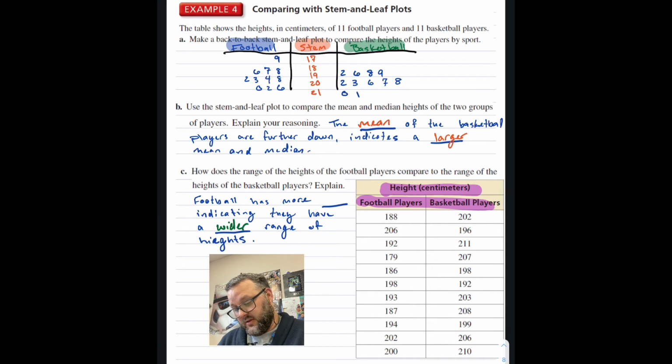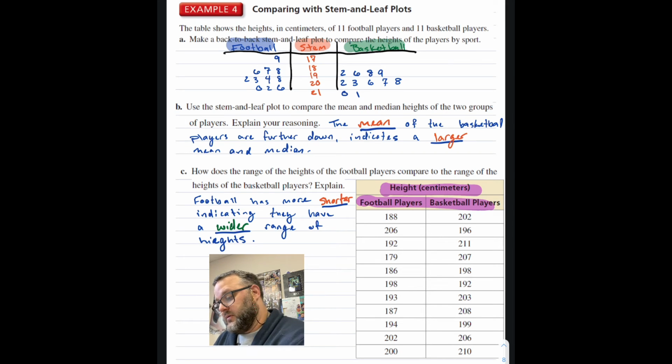I'm just not thinking of the word that I used because fitting it in the sentence doesn't make sense. I'd have to say more. So football has really shorter is the word that comes to mind. If I'm trying to come up with just one word, has more small, has more, I see, that's why my mind's drawing a blank, because football has shorter heights, indicating they have a wider range